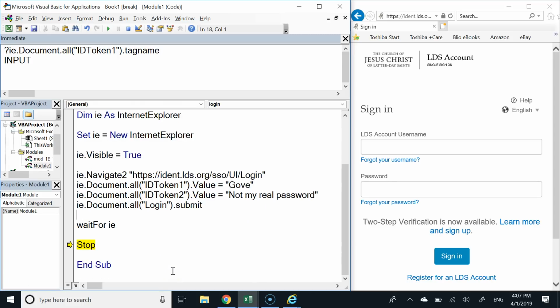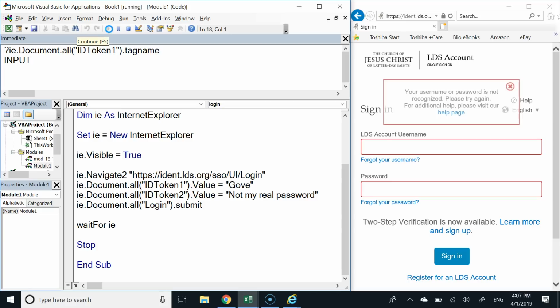All right. So now I'm going to drag my insertion point back up here to where I fill in the username, fill in the password, and submit. And now let's watch which one happens first. Does the yellow bar get to the stop, or does the page come in first? Yeah, now the page is there first, and it will always be a delay of at least 2 seconds because